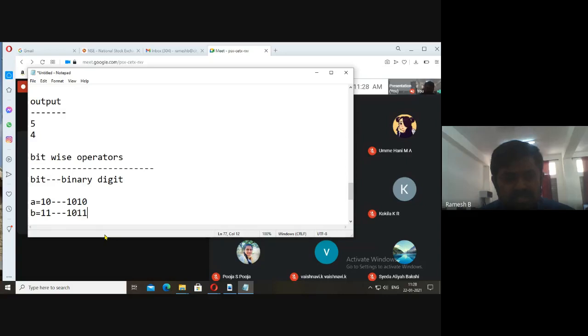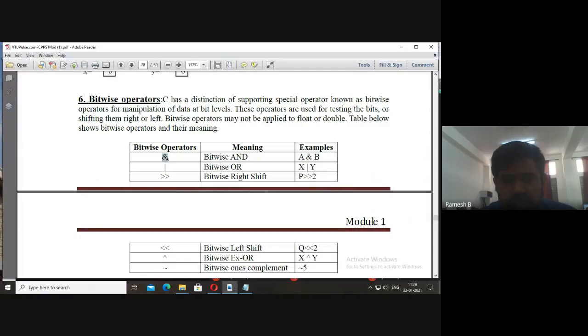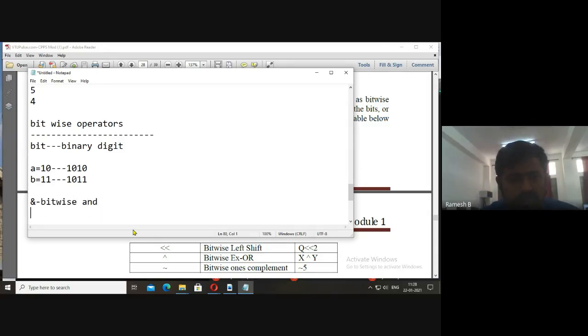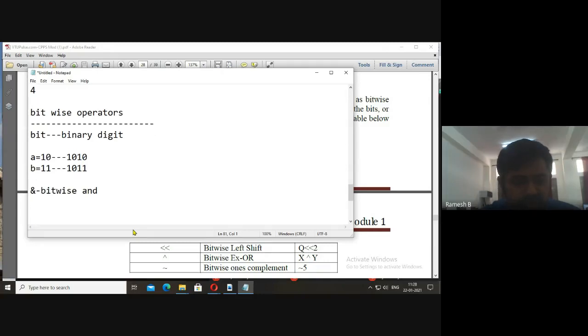Is it correct? Now you see there, we can perform various operations. We can perform bitwise AND. We can do AND operation, which can be represented like this. So this is known as bitwise AND operation. So this becomes, if I write like a and b,